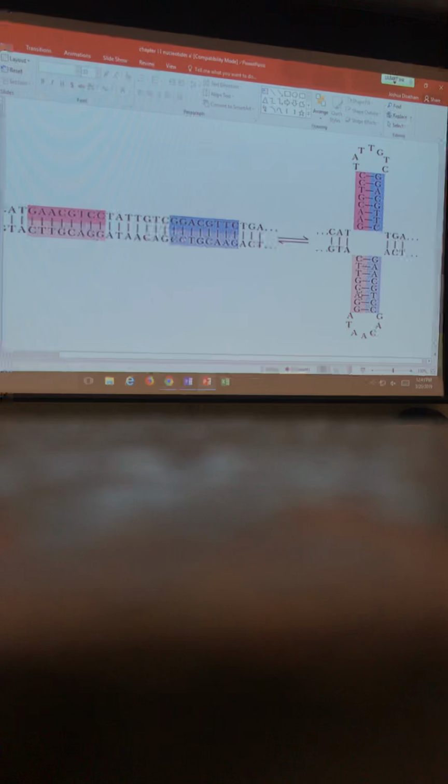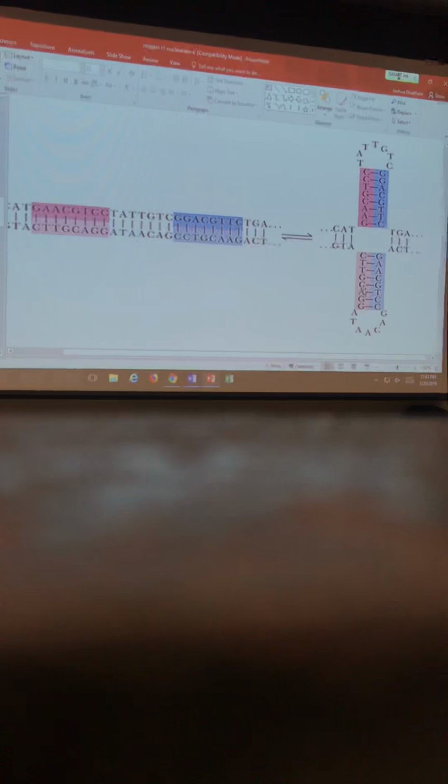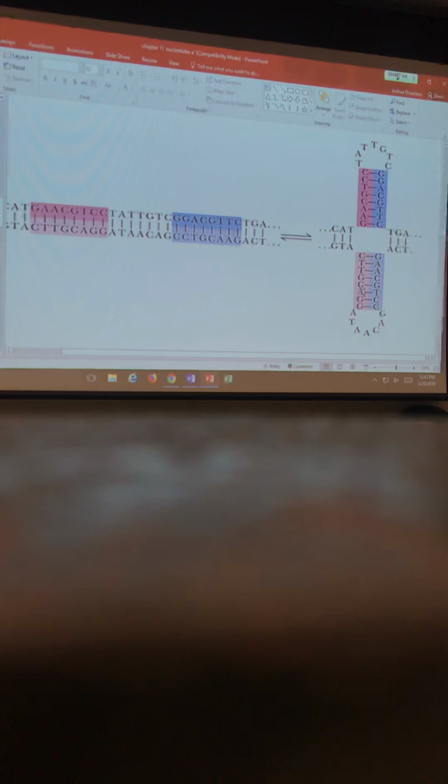Step 1 is to figure out which sequence even forms a cruciform in the first place. And then step 2 is the strongest cruciform is the one with a bunch of G's and C's in it, right? Because there's more hydrogen bonds. The weakest cruciform is the one with a bunch of A's and T's in it. That is because there's less hydrogen bonds in there. Okay, so